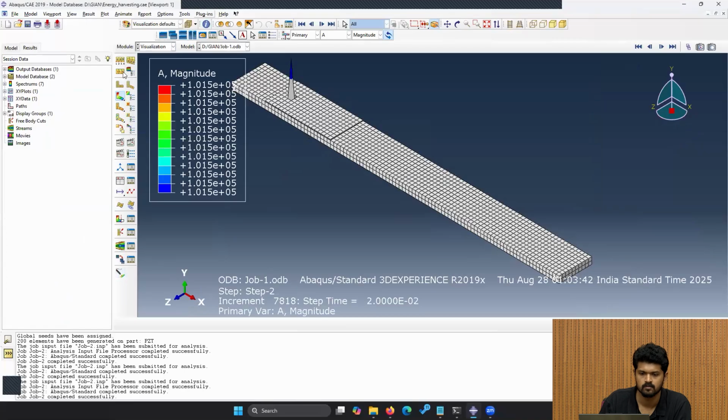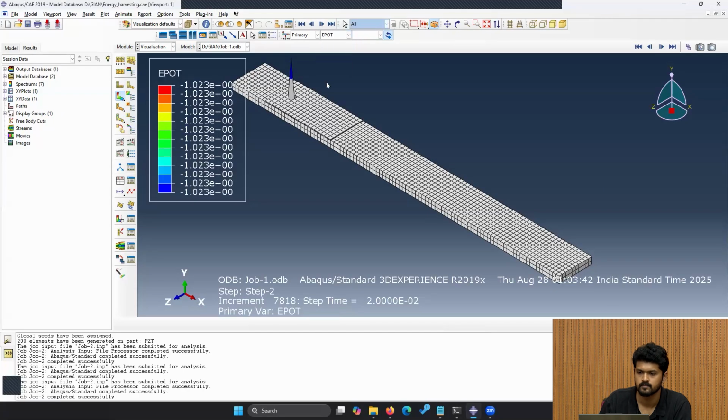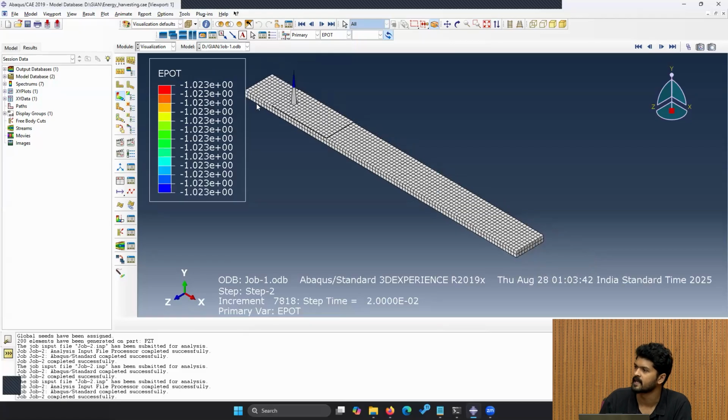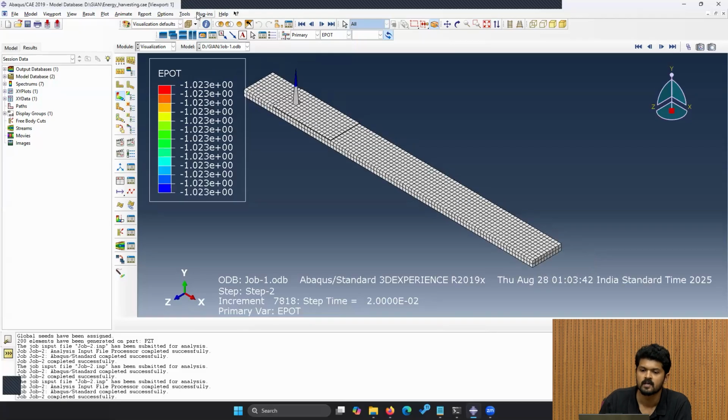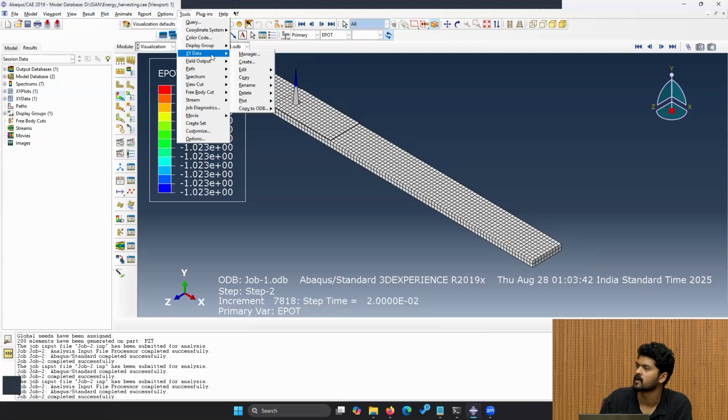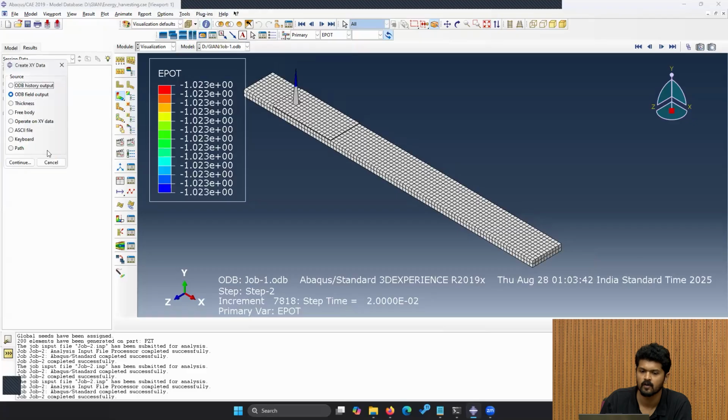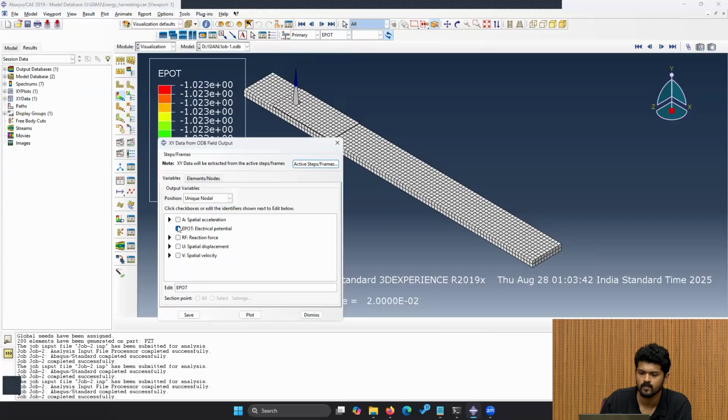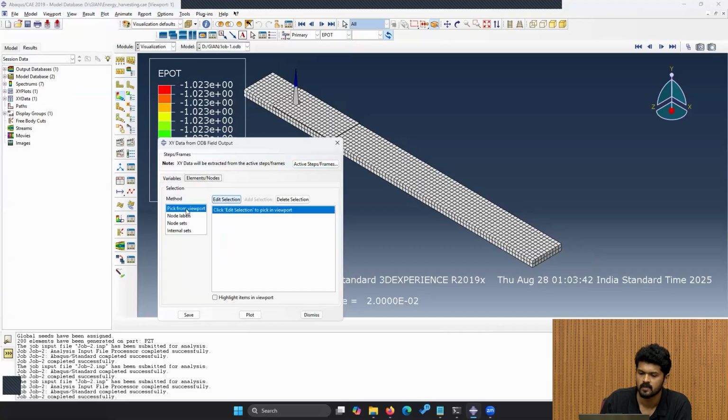E-pot is the electric potential. So what you need to do is plot the XY data, right? With time, how does your electric potential vary? So what I do is I create an XY data of the field variable of electric potential, and I just click on the particular node where I want to find my electric potential,